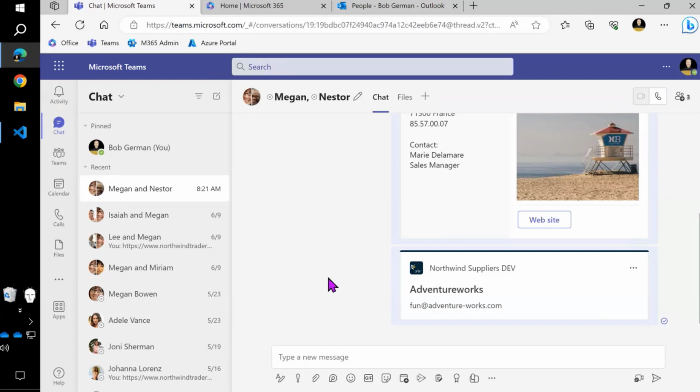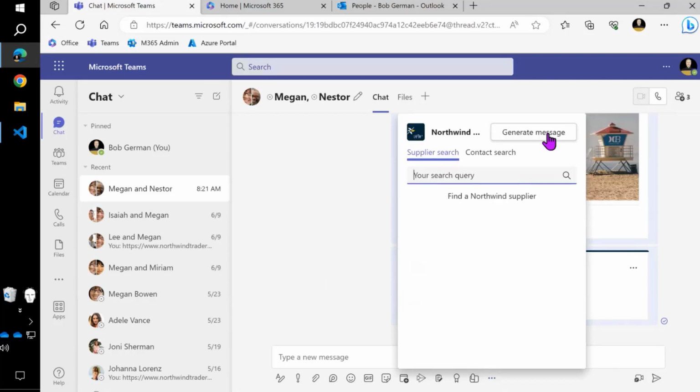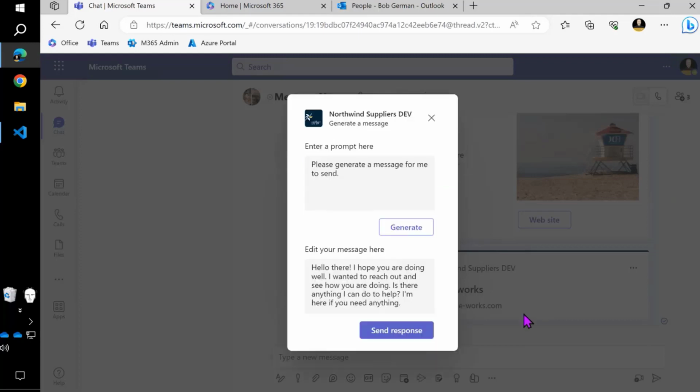The next one shows what's called an action message extension. These don't get as much love as I think they deserve. To run this, I'll click this button, generate message. In this case, we're going to call Azure OpenAI to generate a message. Now there's actually a variation in this lab if you prefer to use the OpenAI public service, which is not from Microsoft, right? OpenAI is a different company. You can use that too, and there are just some different instructions for that.